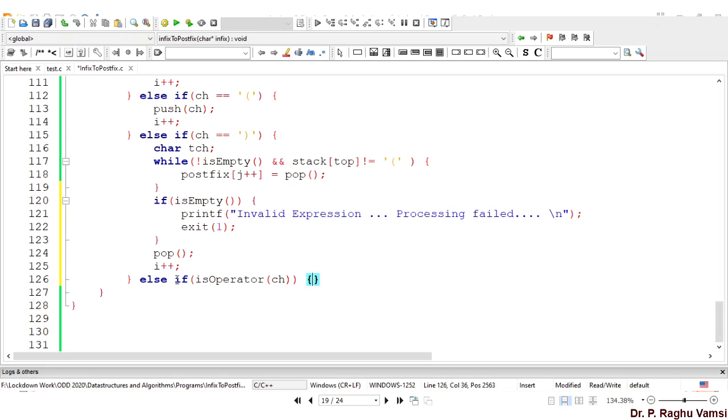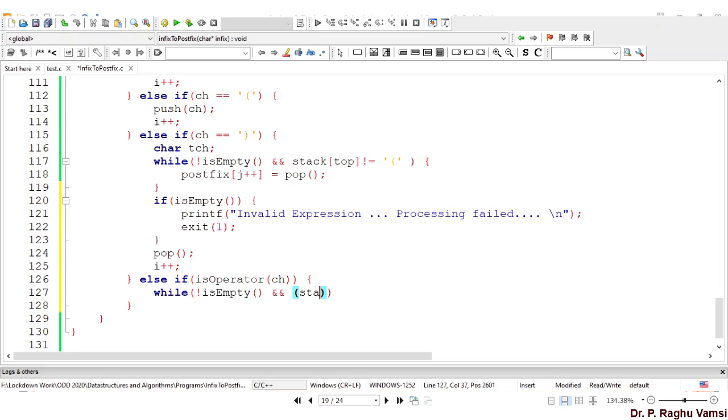So if it is an operator, now the main thing comes into the picture, that is priority. So we need to traverse the entire stack and get the operators out, and we need to compare the priorities. So for that, while not is empty,